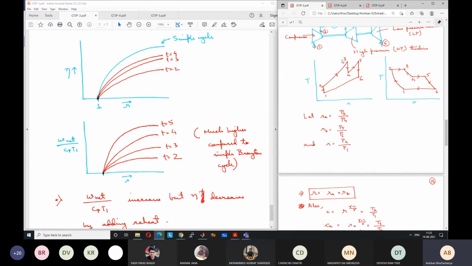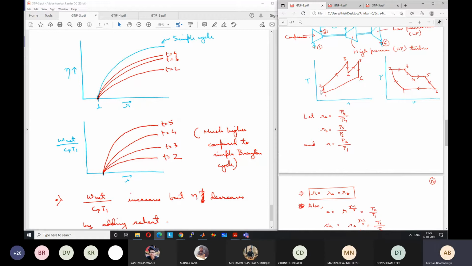But before that, I have a question here. From the thermodynamics point of view, can anyone say why this reheating actually works? Means why do we get more work output from the reheat process? Although if I combine both the expansion processes, the expansion for the turbine occurs over the same pressure ratio. Pressure ratio is same, right? So P3 by P6 is same, which is equal to P2 by P1.